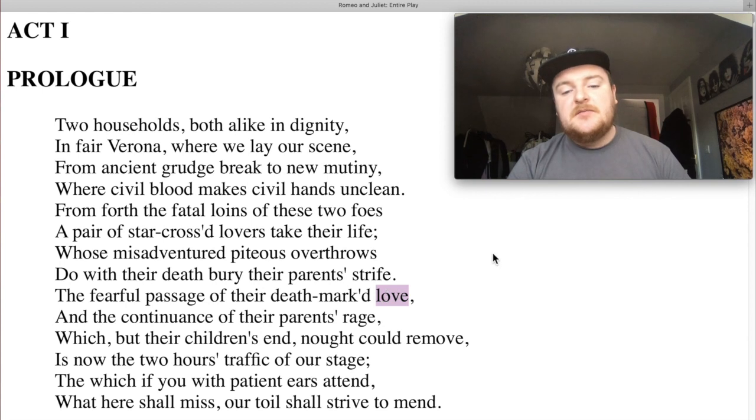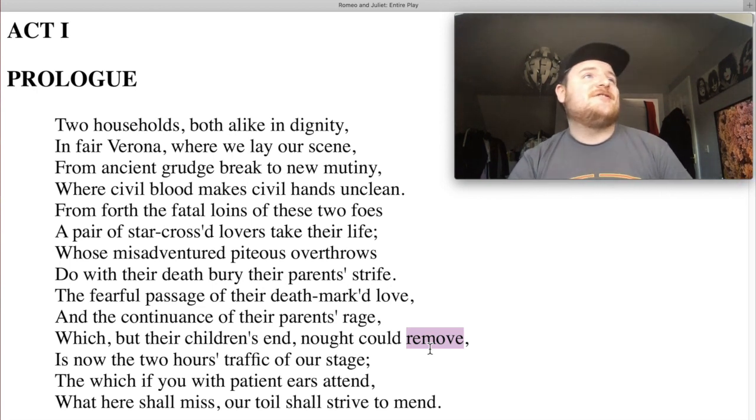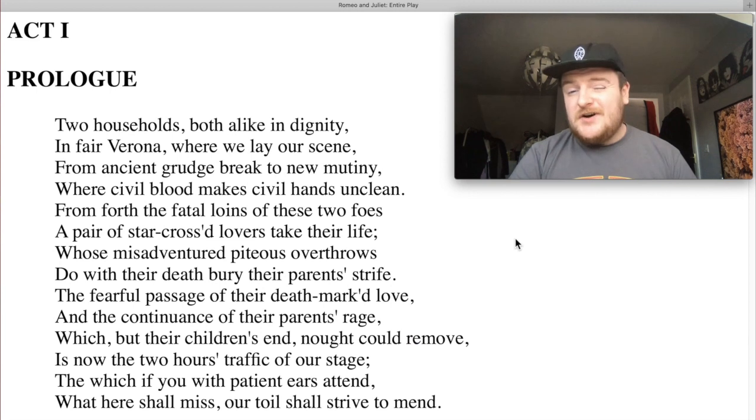Now, of course, people, and I'm not going to name names, but you know who you are, are going to say, actually, love and remove don't rhyme. Excuse me, that's wrong. This is not a sonnet. You're an idiot, sir. Now, that may be true. I'm an idiot. However,